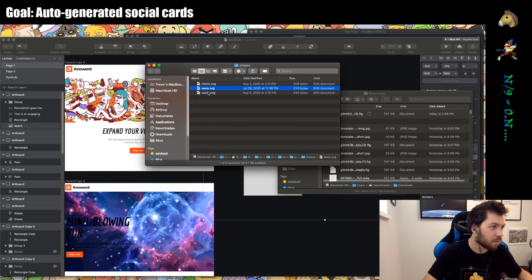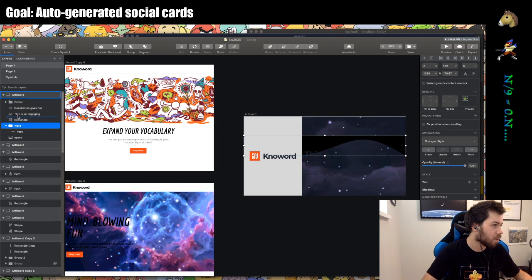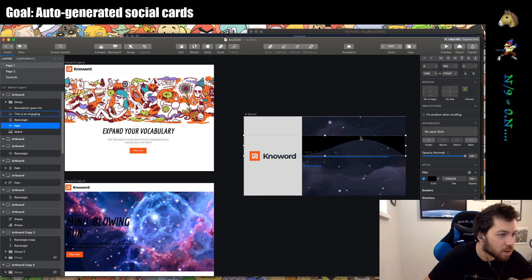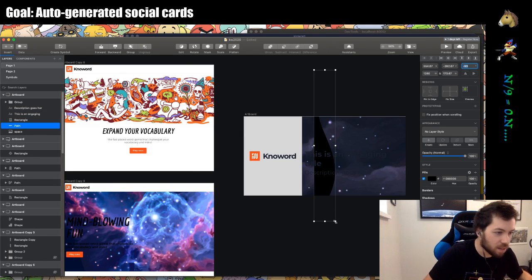So the wave is, here we go, it's in this shapes directory. I can pop my wave shape in here, and let's see, I'm gonna want to rotate this -90. So this is basically gonna be my